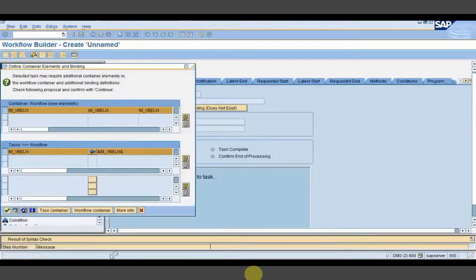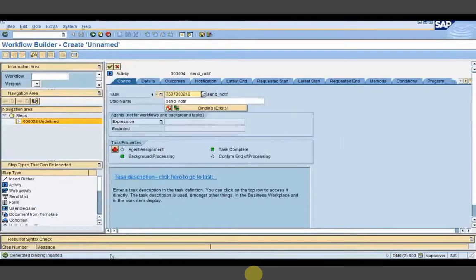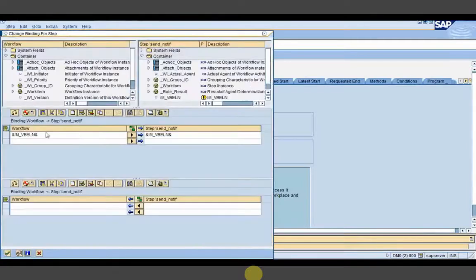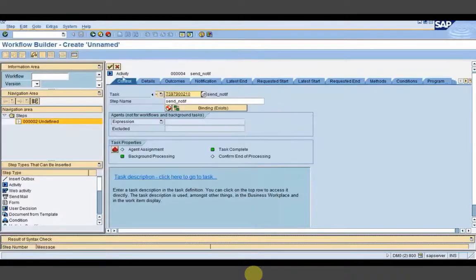It will ask for transferring the container elements. You just click yes because we will be passing that WebLen from the workflow to the task and from the task to the method. So in binding you can see whether there is a binding from workflow to the task or not. So from workflow to the task we have the binding. So this particular WebLen number will flow from the workflow to the task and then from the task to the method.